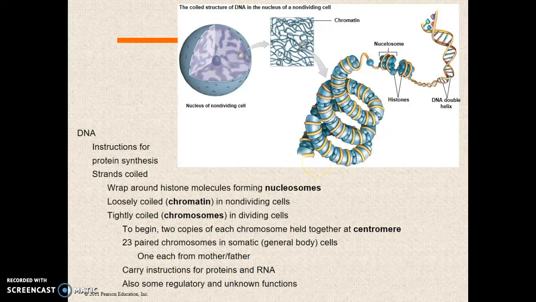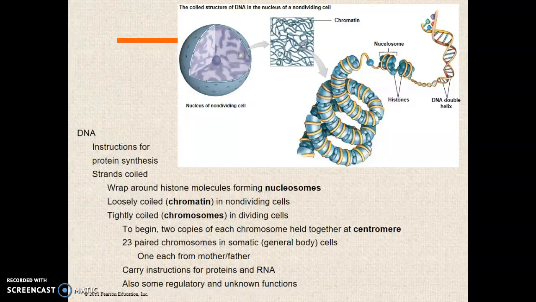DNA is the instructions for making the protein. And DNA, for most of the life of the cell, is in a form called chromatin. Chromatin is the stretched out form of DNA, kind of like cooked spaghetti. Well, this is really inconvenient for a cell when it's all stretched out. It's a huge molecule. Every cell in our body has about 6 feet of DNA in it. And it's real hard for a cell to divide and split up all that DNA easily when it's in chromatin